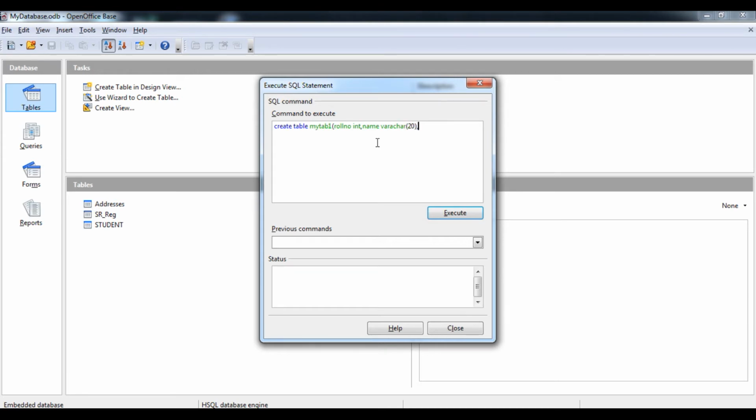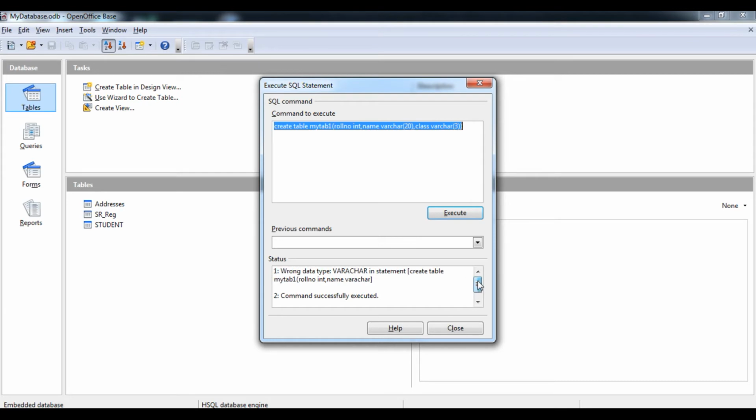And after that class, again varchar, which will be, suppose, 3 characters. Okay, and then execute. Here is a spelling mistake, it should be varchar. Now I'm going to run it.